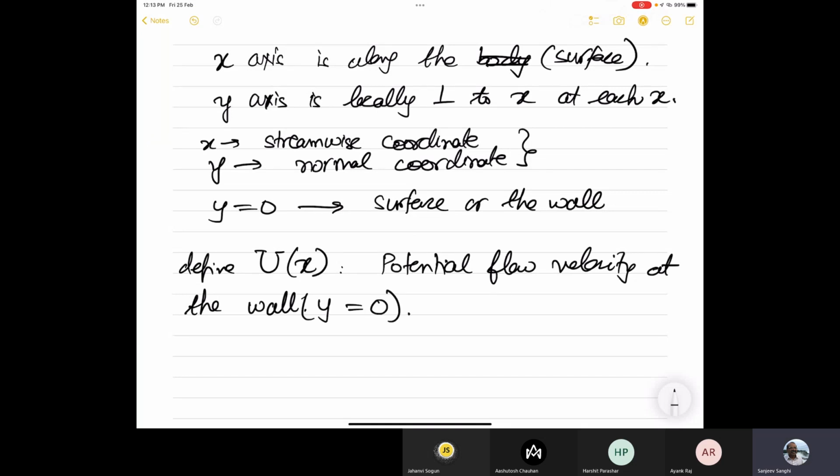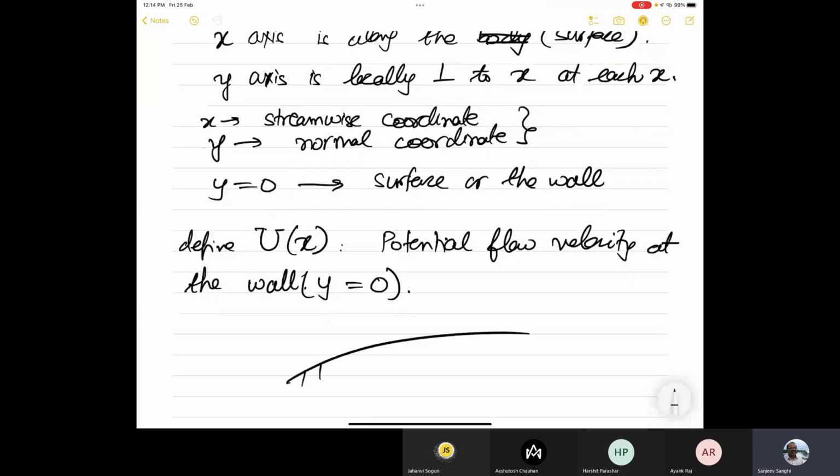Whatever the potential solution you get at y is equal to 0, we call it as capital U of x. Now let's try to see what is capital U of x. What does this mean? So if this is the wall and this is what we call as the x, now